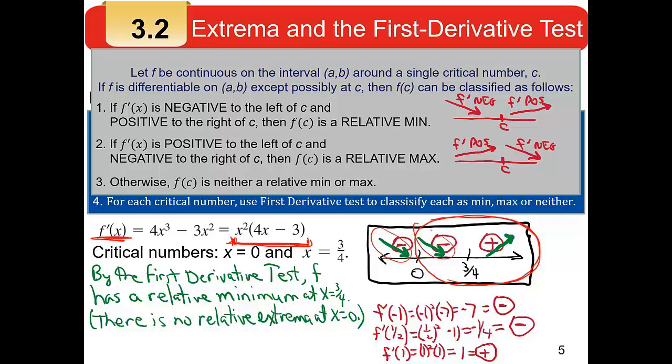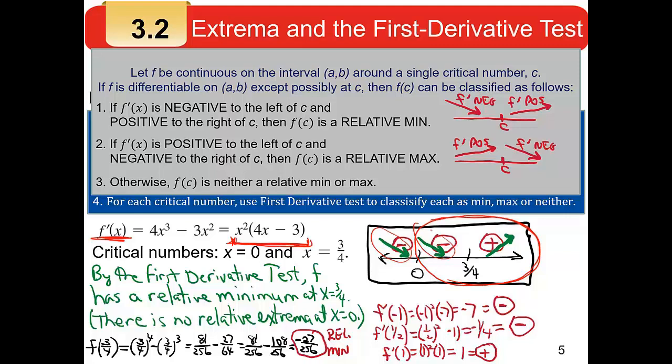The ideas are simple, but you have to practice. Practice makes perfect. To actually find the value, which is what we call the relative max, in this case the relative min, you get the y value. So once you found that the critical value that produces a minimum is at 3/4, you still have to plug 3/4 back into the original function, back into the original function,